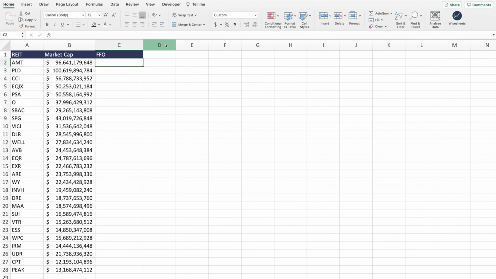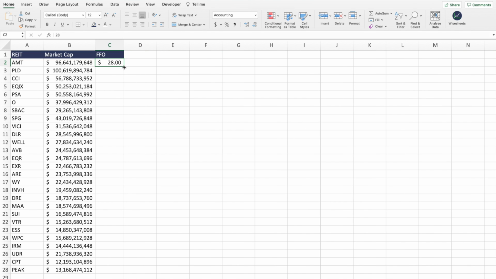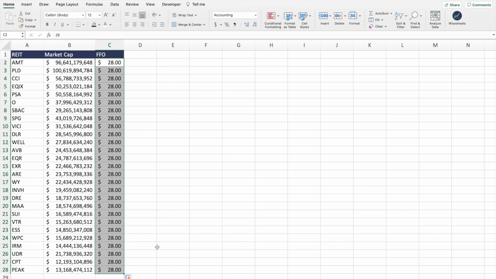So let's say that this was the case for all the REITs, just for the sake of argument. So I would go ahead, enter the individual FFO per share for all these REITs. So let's say that it's 28 for all the companies. Format this, make this adjustment, and then let's say that it's the same. What you can then do is find the FFO multiple that the company is trading at. This is sort of like the PE ratio for REITs. So if I look at FFO multiple,